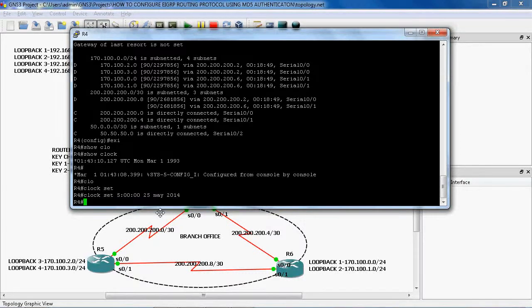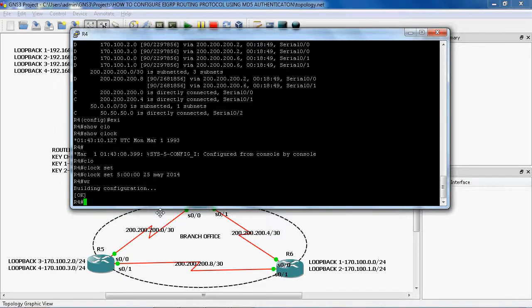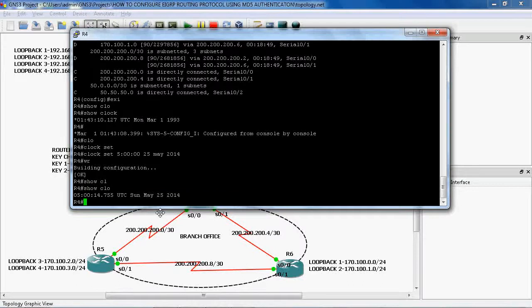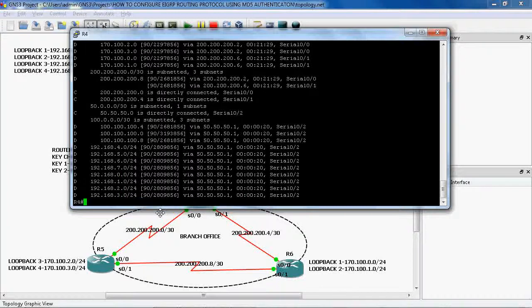So, write. Okay, we can check the clock. Show clock: May 25, 2014. Okay, now the neighbor relationship is formed. Show ip route. Yeah, here we can see we got it.